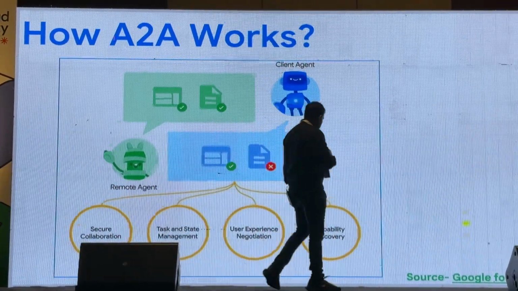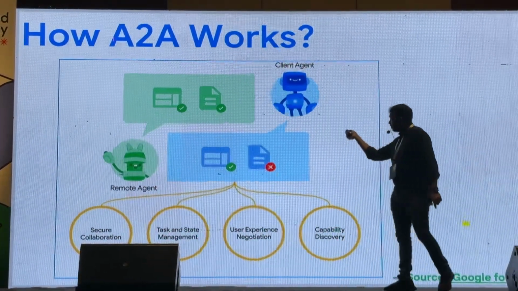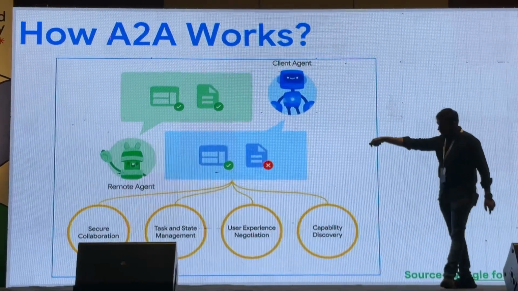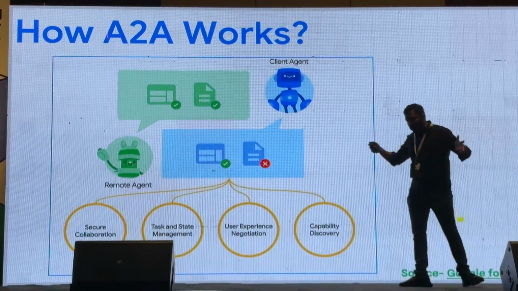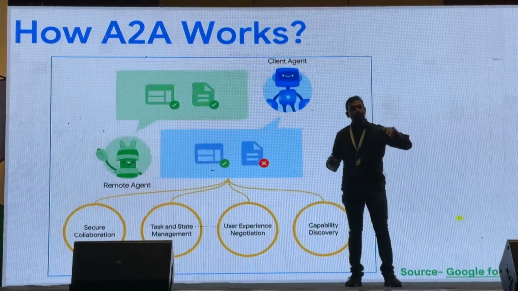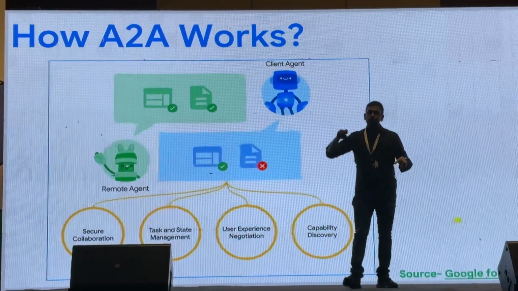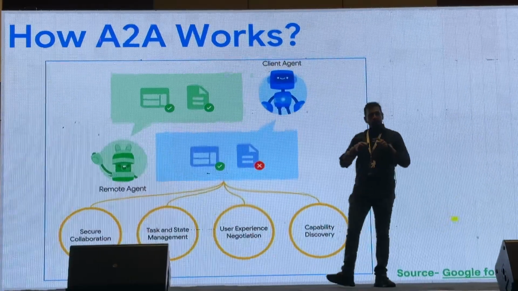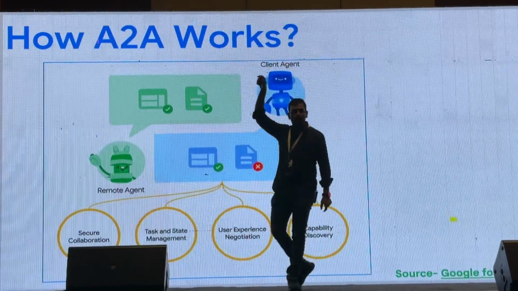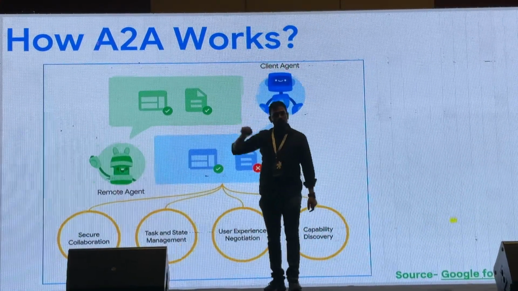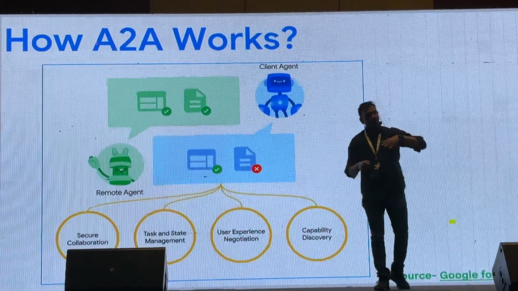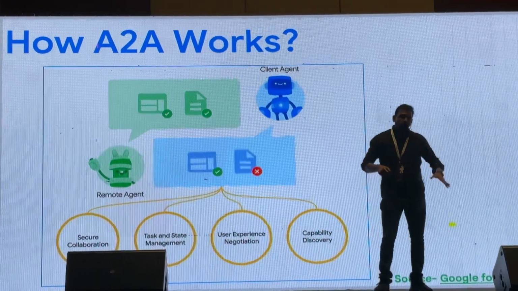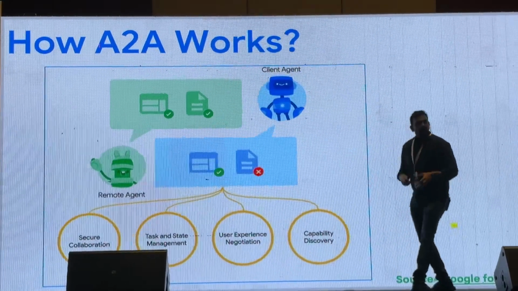For example, here you are seeing only one client agent, and here the remote agent. There could be multiple remote agents. For example, it can be 6-7 remote agents. One is good at fetching data, one is good at interacting with APIs, and one is good at talking about issues in the cloud, right? Or one directly interacts with external databases or external information outside of this premises, right? So there can be multiple agents.